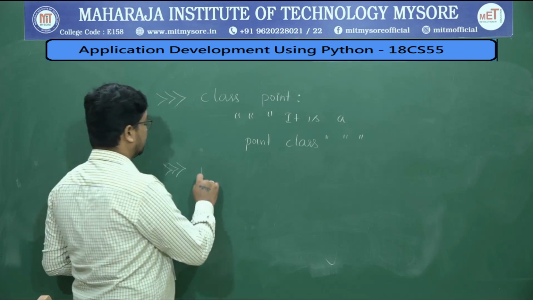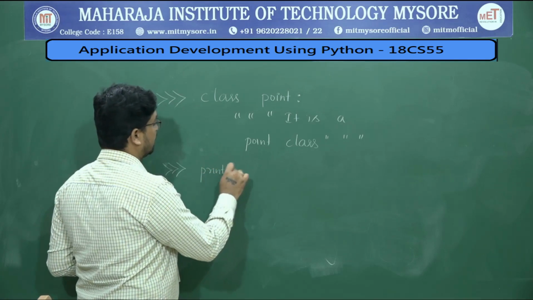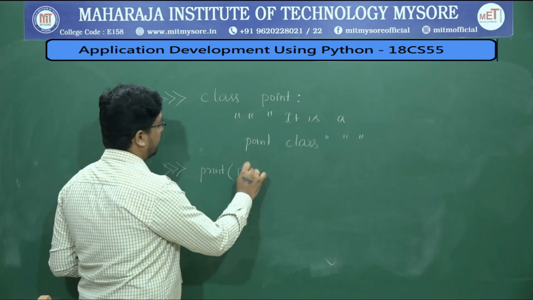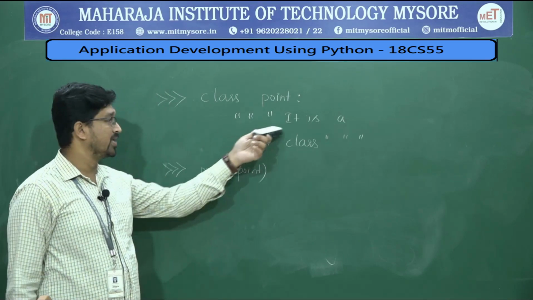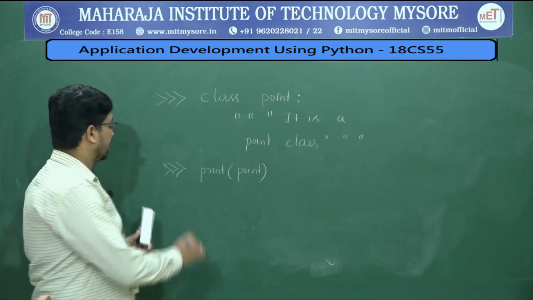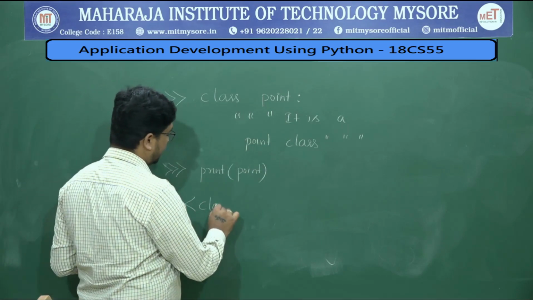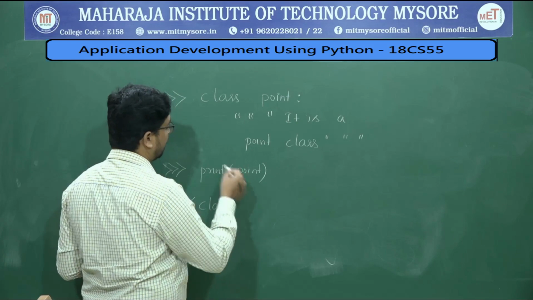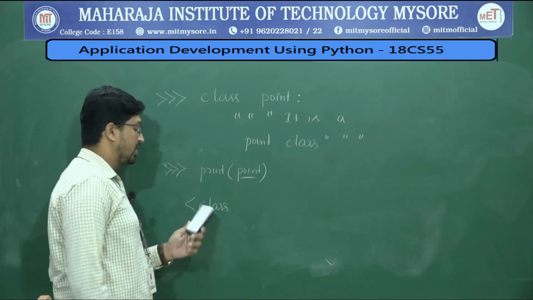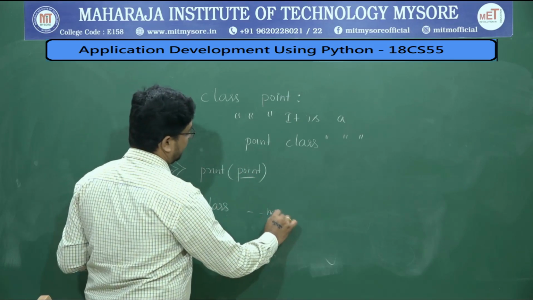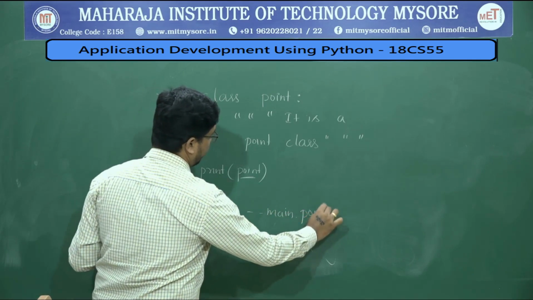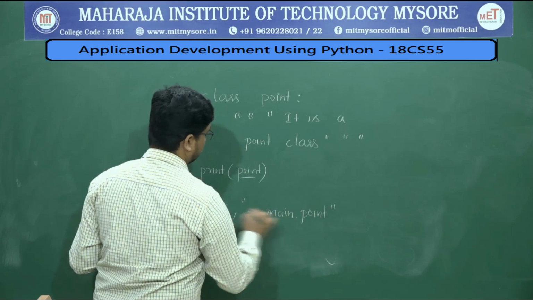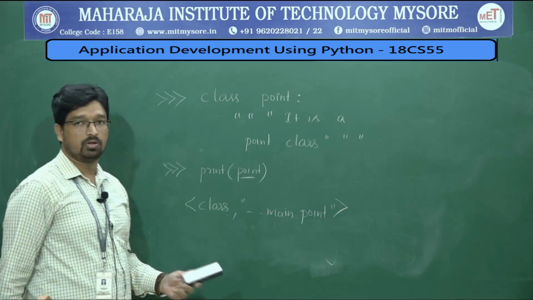Let us print of Point. Now if I say print of Point, what is the output? I don't get this as output. I get a message saying that it is a class. So what is the type of this particular Point? Point is a class under the main function, which is __main__.Point. It is created as __main__.Point, so you will get this as the output.